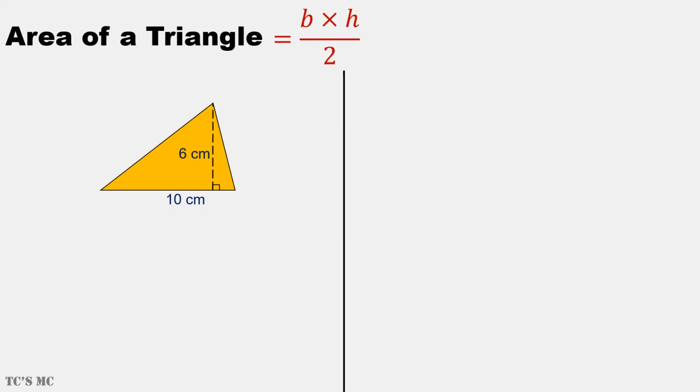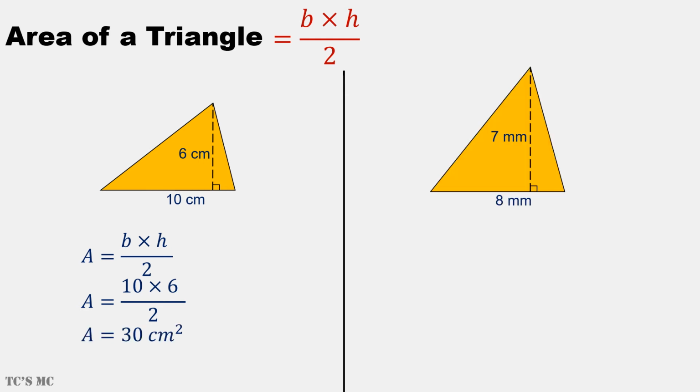Using the formula, we can work out the area of this triangle. Write out the formula B times H over 2. Then substitute, so 10 times 6 divided by 2, which gives us 30 centimetres squared. In this example,